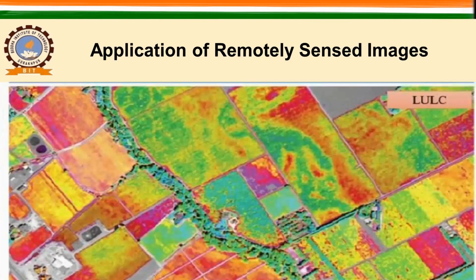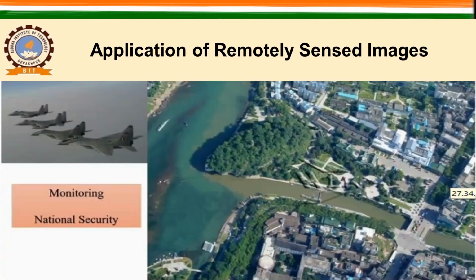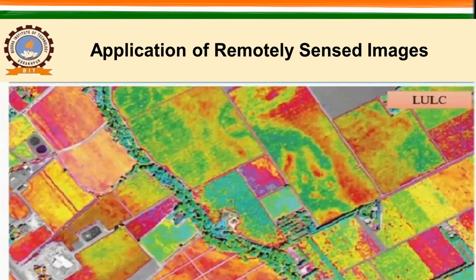So how much of your area is used for agriculture, how much for residential purpose, and how much for shopping purpose, those things you can easily find out using satellite remote sensing data. Okay. So after monitoring national security, you can always use these remotely sensed images for agriculture purposes, and you can identify how much area is used for residential purpose and how much for shopping purpose. After this,